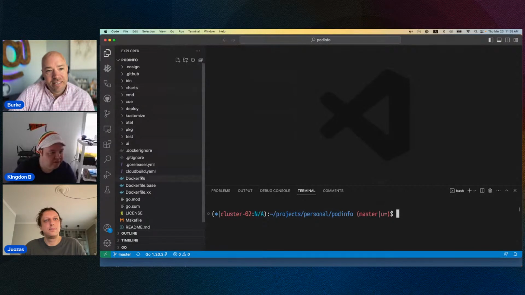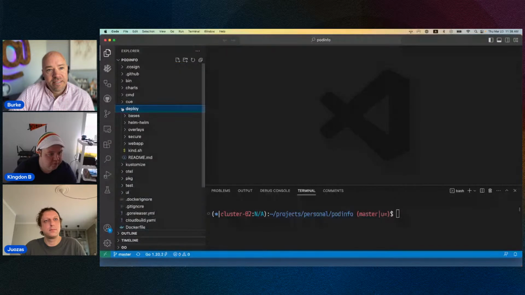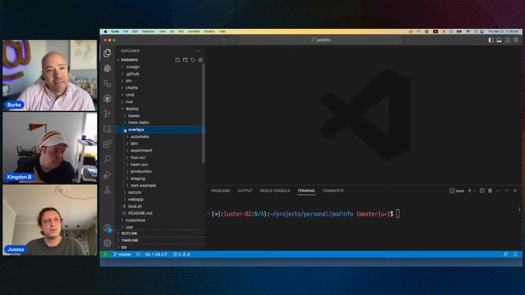So the first thing I'm going to do is show you the overlays. We deployed from this directory, customize. This is the simplest version of the manifests. We actually have multiple versions of the manifest in this app repo that live together with the app, so we can define our production environment as part of the app. There are different patterns for this. This one maybe isn't for everyone, but I wanted to be able to show a deployment of multiple environments, which